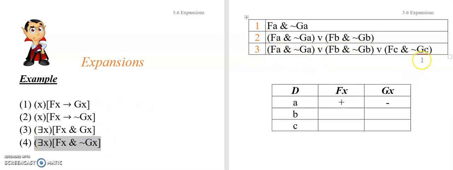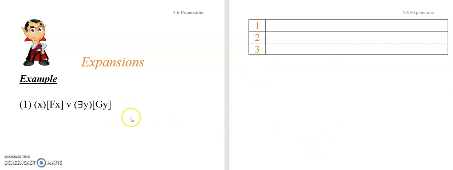And so that's one of the really nice uses of being able to expand sentences, is for their facility in helping you offer interpretations. Okay, and we will do an example of that towards the end of these lessons with 5.6, where you actually have to demonstrate invalidity using expansions. Okay, let's try a slightly different type of sentence and how to expand it. And again, relations and identity are covered in subsequent sections, but